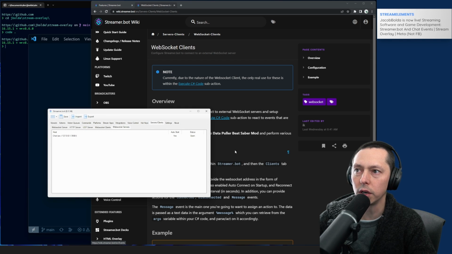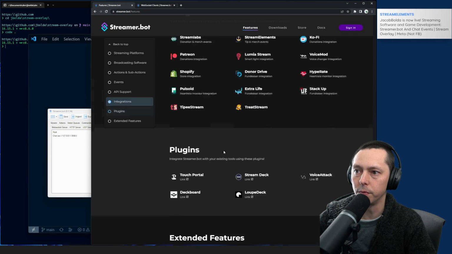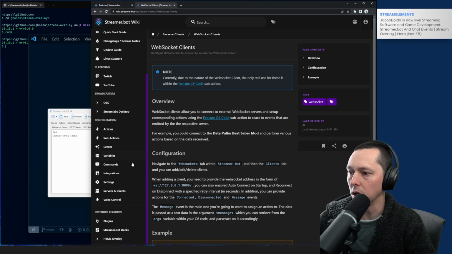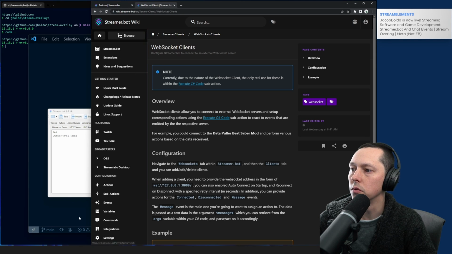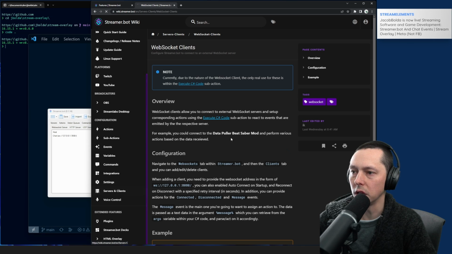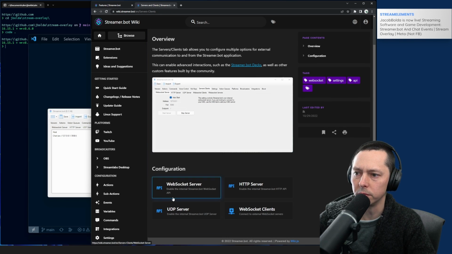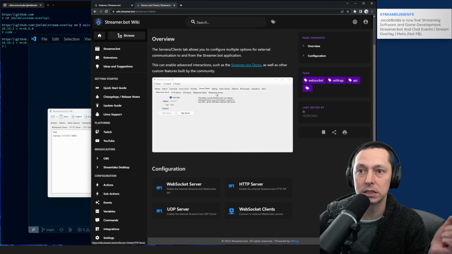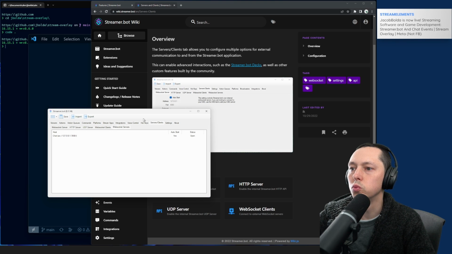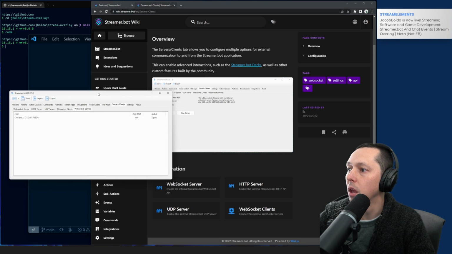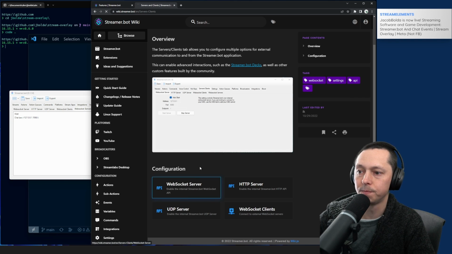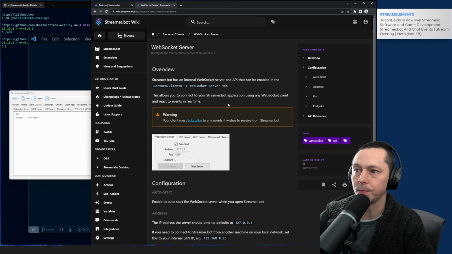And this is where, looking at this, nope, not that one. Looking at the servers and clients page, this is a little confusing because there's WebSocket server, but then there's WebSocket clients, but there's also WebSocket servers with an S. So, yep, I think WebSocket servers is the thing that we want, though. So if we go over to WebSocket server,